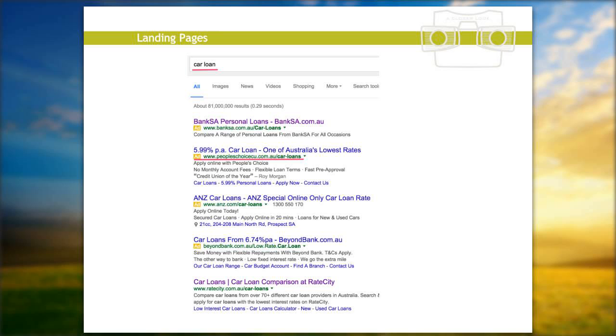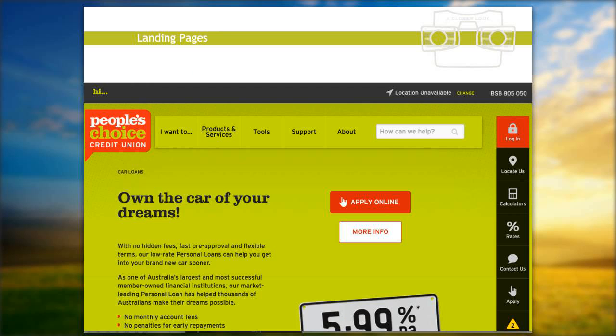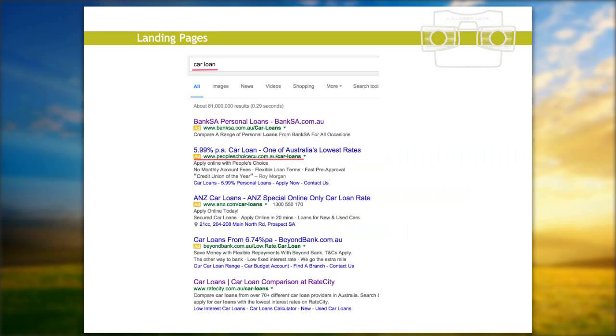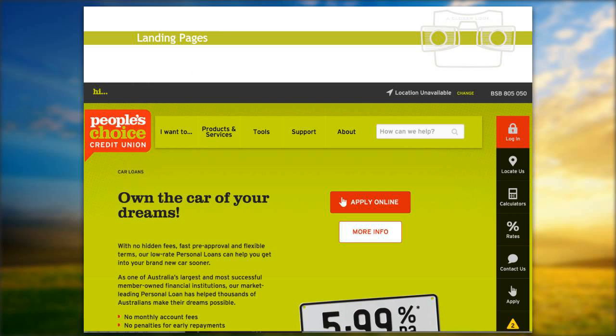So that's how that landing page works, because it takes me to this page. Now, this page talks all about owning the car of your dreams. Can you see how engaging that language is and how completely relevant it is to this search that I've made? So in 2 clicks, I'm finding out that I can own the car of my dreams.